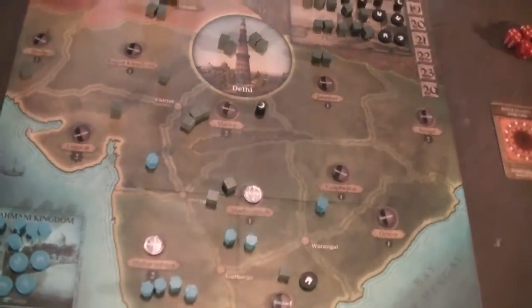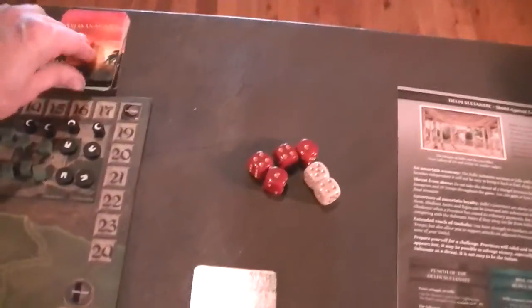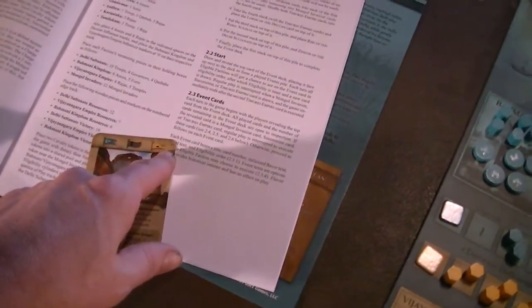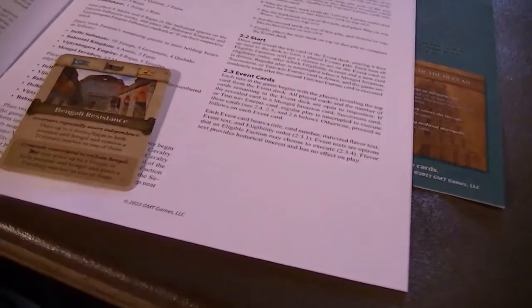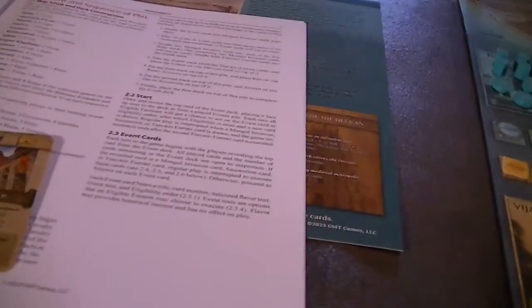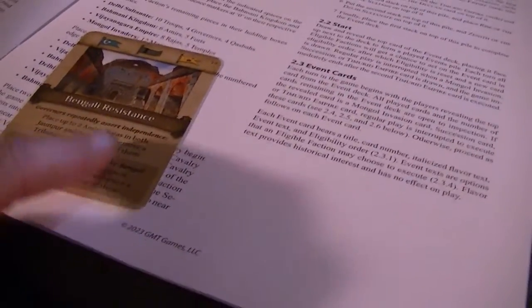then you stack the cards up, putting the division cards in between, and then you reveal the top event card. In this case, let's take a look at the card. It gives the order of play that will be in effect. I don't know when this is triggered, if it's triggered at the end of the card for the next play, or if it's on this card. We'll see when we look at the rules. There are always 2 events available. One of the events is going to be the pro other powers event, and one is going to be the pro-Delhi event. So, governors repeatedly asserted independence.